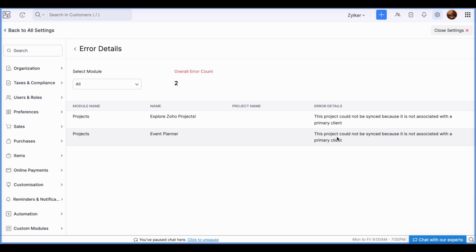One more point to be noted is you will have to be an admin in both Zoho Books and Zoho Projects in order to enable this integration. Also, whichever project is associated with a primary client can only be synced into Zoho Books. Now you might wonder what primary clients are, right? So primary clients are the